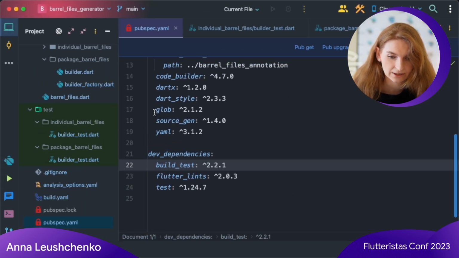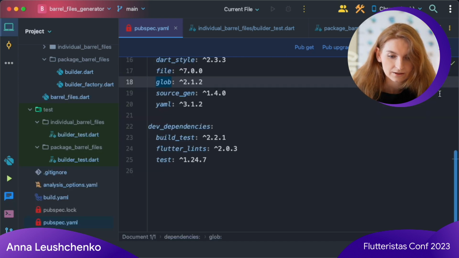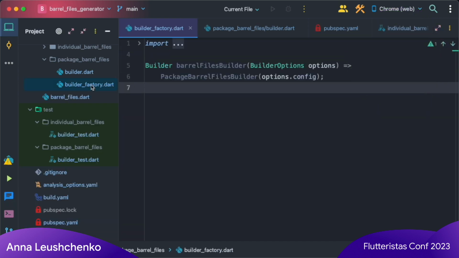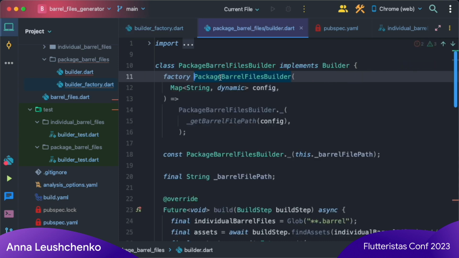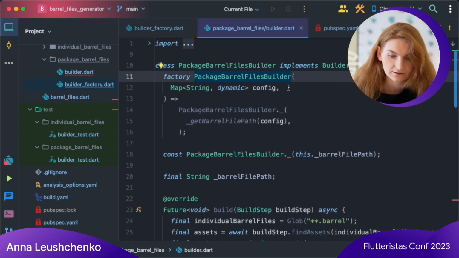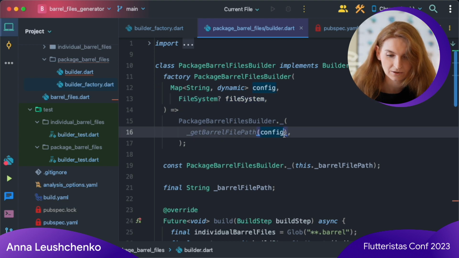First, I add the file dependency. Then I add an optional file system parameter to the builder factory and pass it to the builder. Now inside the builder, I accept it as a parameter and pass it to the getBarrelFile pass function.